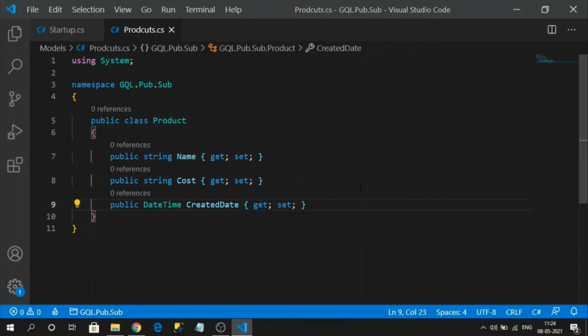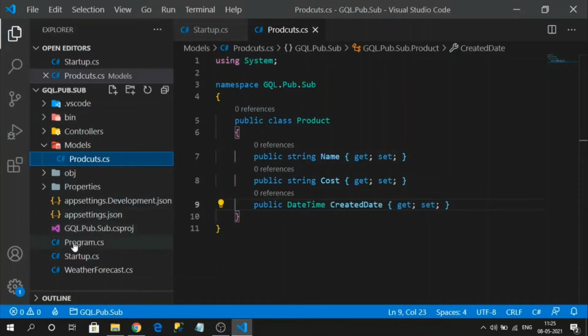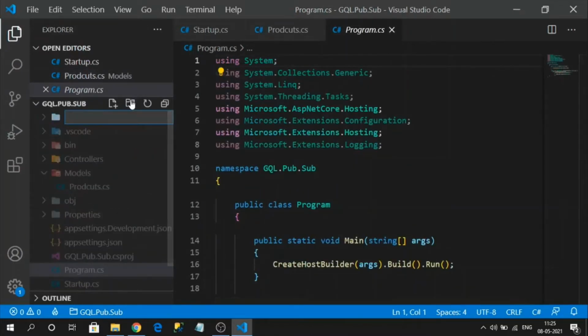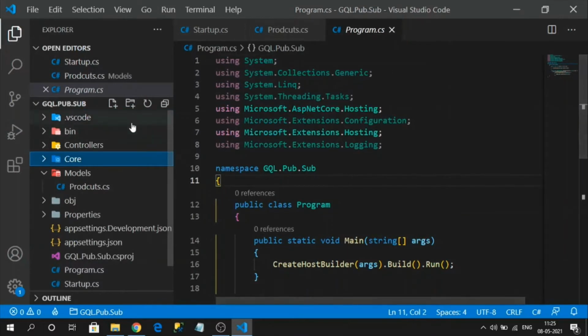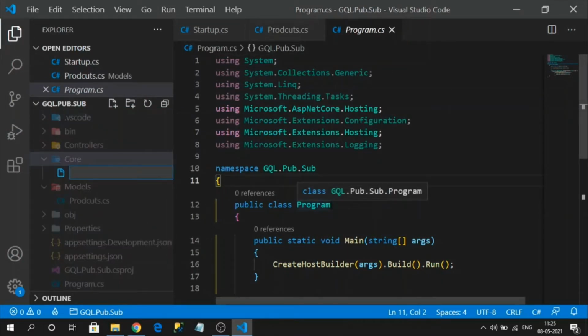I have mentioned that in GraphQL, two main common definitions or commands are query and mutation, and there is also a third command or definition, that is nothing but the subscription. Okay, so this is also one of the root types of GraphQL. So for that, I will create a folder like Core, and let's add a class like